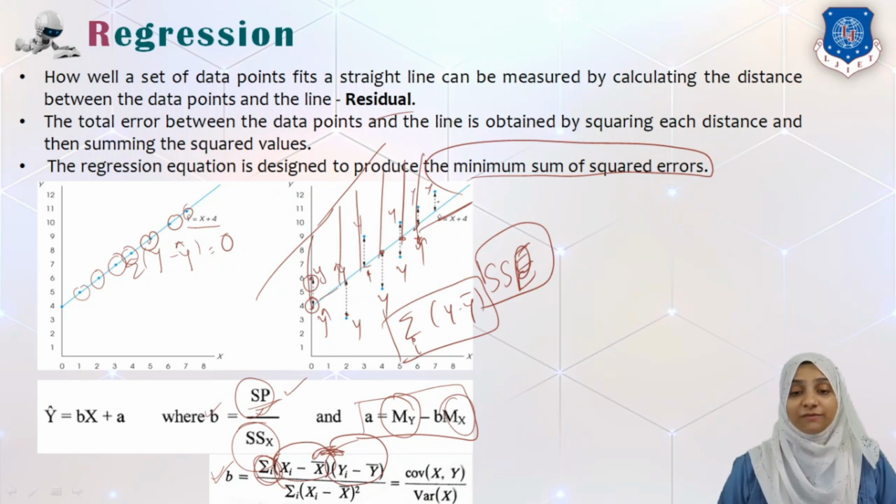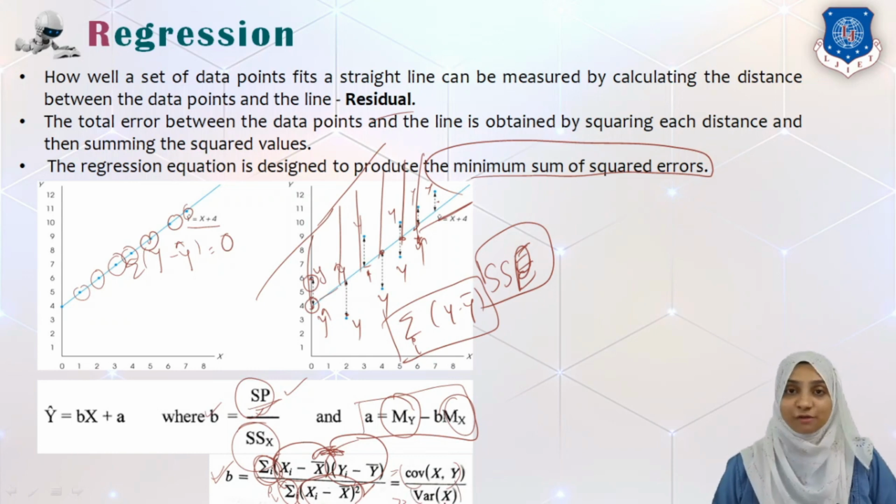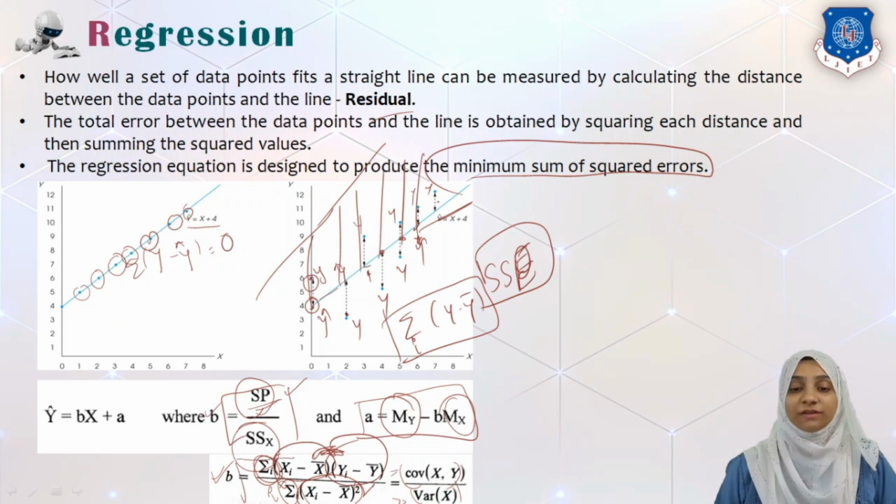Likewise, over here we have sum of squares. That means the difference between x and x dash, or x bar, squared is summed over i different points. Hence, we represent this equation also as covariance of xy, and the denominator is also called variance of x. So whether we write this formula or this formula, it is one and the same thing.